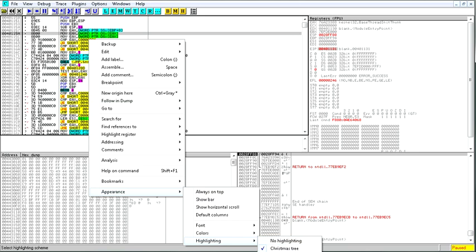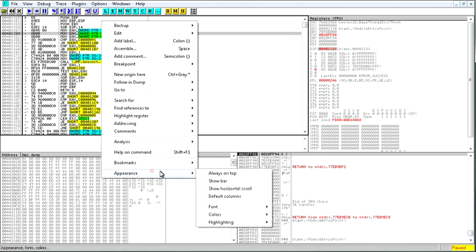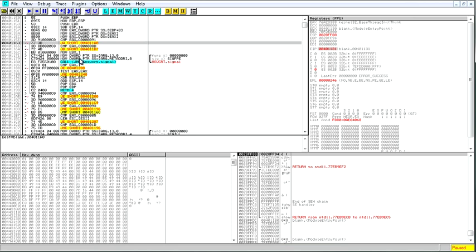There's some other memory access. See, I don't know. The one that I use is jumps and calls. You got your jumps, you got your calls. That's the most important things. Everything else is just what it is.